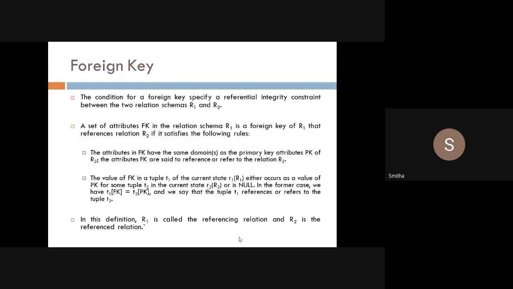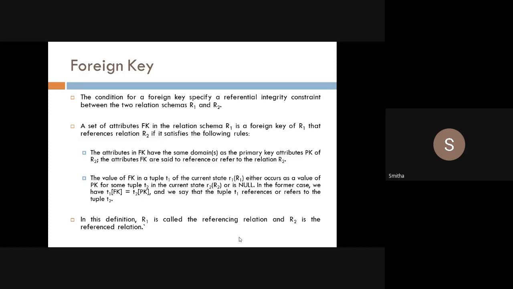Here we have two rules for that. Using examples we have seen all of it, but the formal definitions are here. So the attributes in FK have the same domain as the primary key attributes PK of R2. The attributes FK are set to reference or refer to the relation R2.